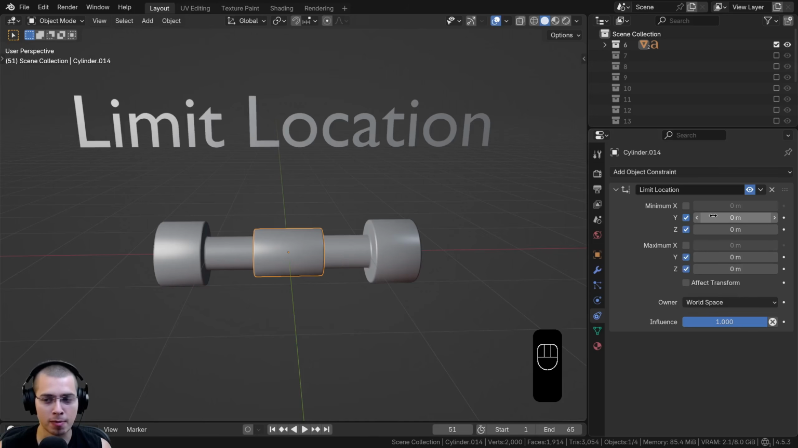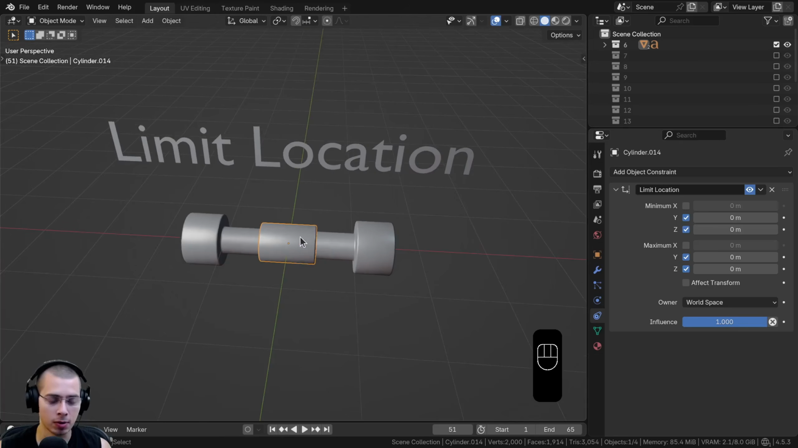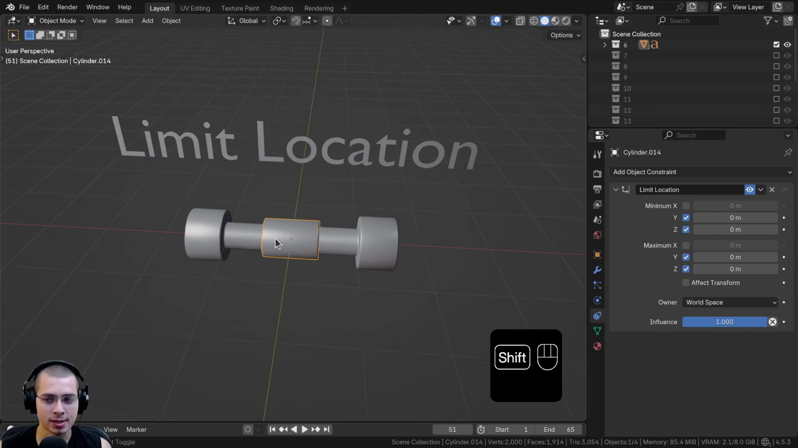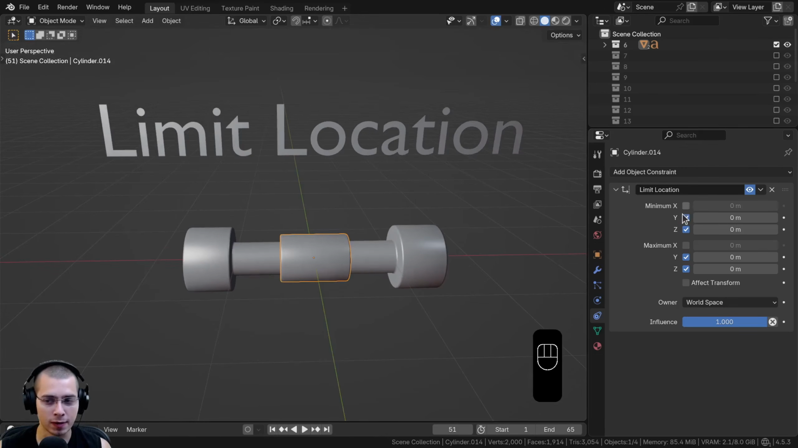Now there is the minimum amount and the maximum amount, but we want to leave these all at 0. Because they're all turned to 0, it can't move on the Y axis or the Z axis in any direction because the minimum and maximum are both 0. So if I hit G to grab and then hit Y, I can't move it on the Y axis, or if I hit Z, I can't move it on the Z axis. However, I can still move it on the X axis,